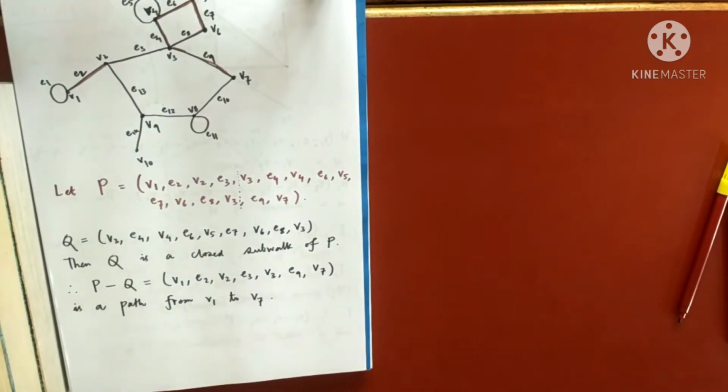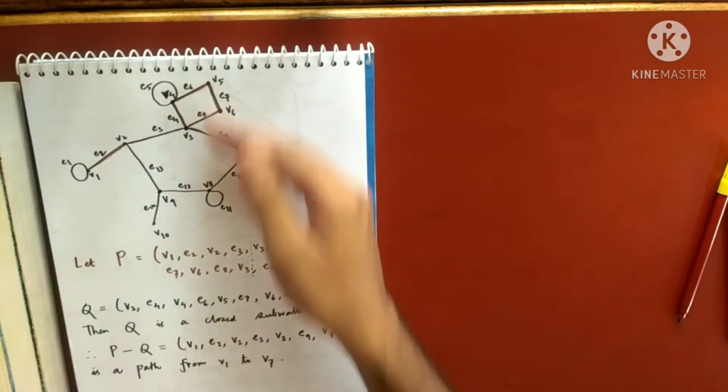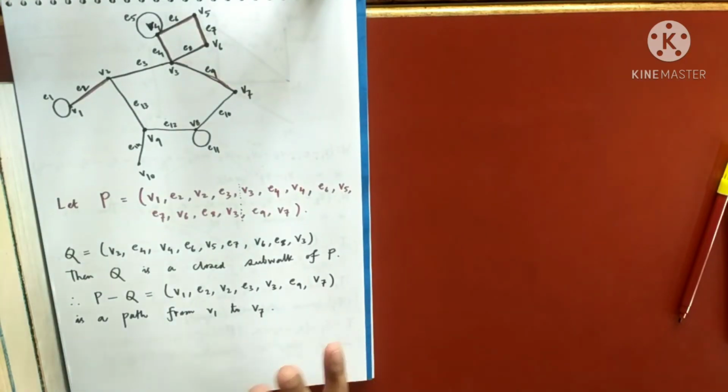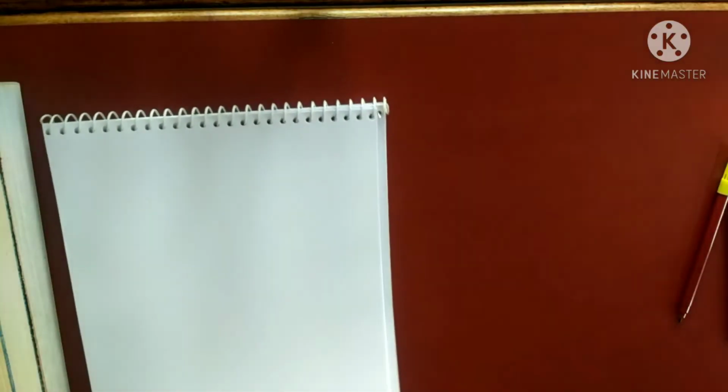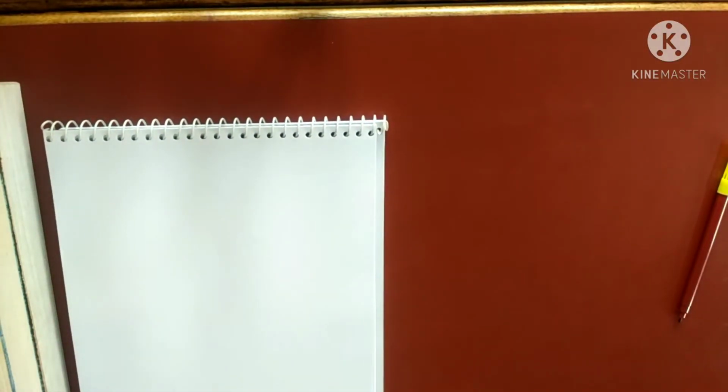So this is just an example which I showed you. But the next theorem says that whenever there is a UV walk, there is a UV path. Okay, whenever there is a UV walk, there is a UV path. So let me state the theorem. This is the idea behind the proof. The same idea which I showed in this example will be followed in the proof. So let me state the theorem more formally. Let me state the theorem like this.